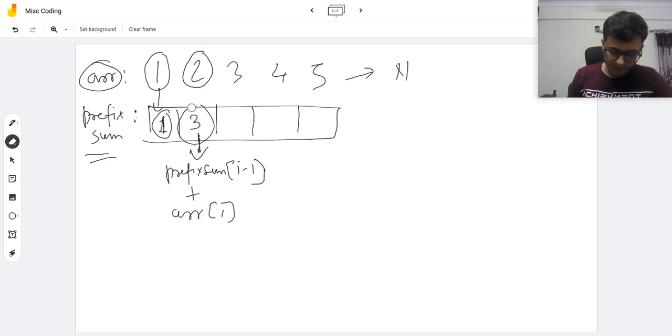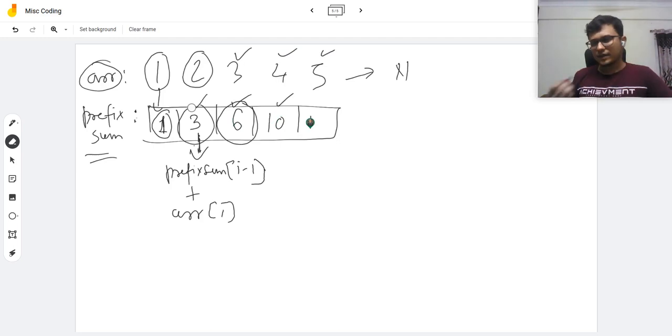Similarly, the third element will be prefix sum of I minus 1, which is 3, plus ARR of I, which is again 3. 3 plus 3 is 6. We'll fill it as 6. Similarly, this one will be 6 plus 4, which is 10, and this will be 5 plus 10, which is 15. So essentially, if you see, what we are doing is that at each stage we have